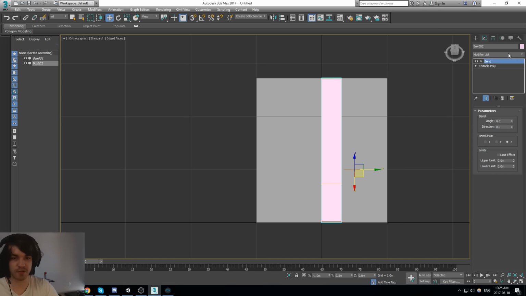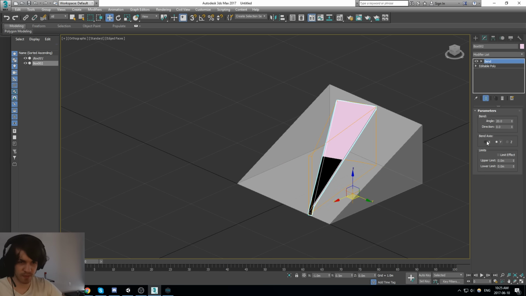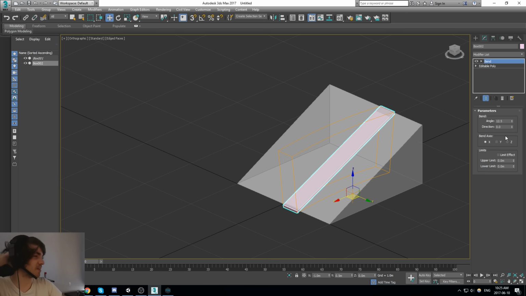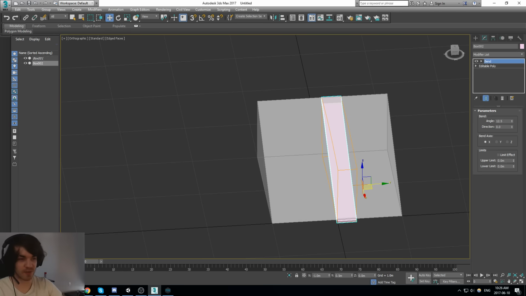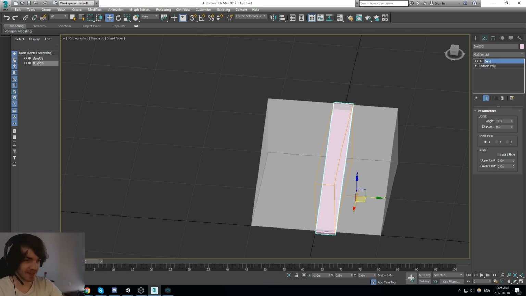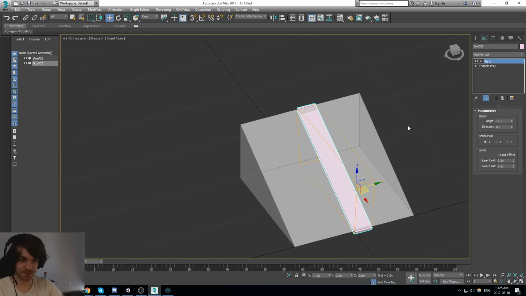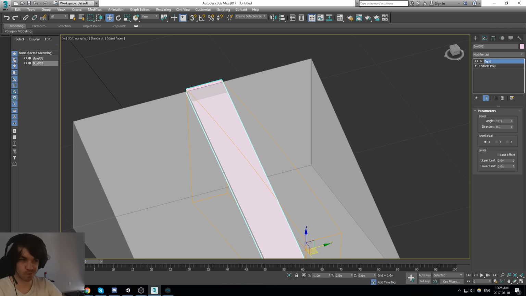Add a bend modifier to this thing. A plank doesn't really bend, right? That's a bit stupid. Yeah, a plank doesn't bend. Let's not use that. What could we do?